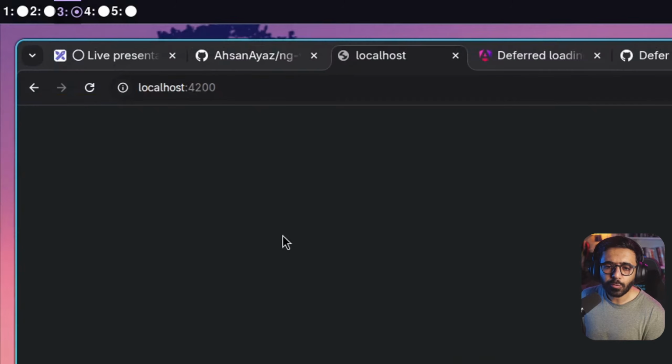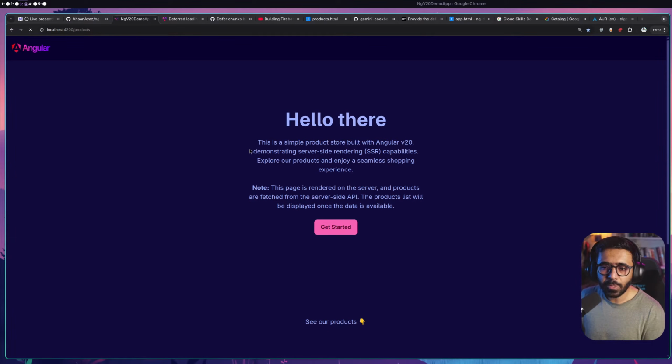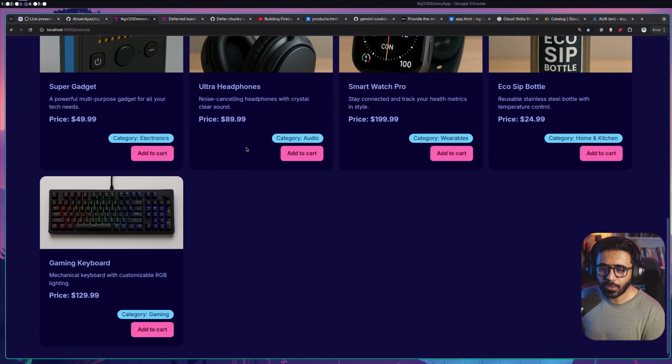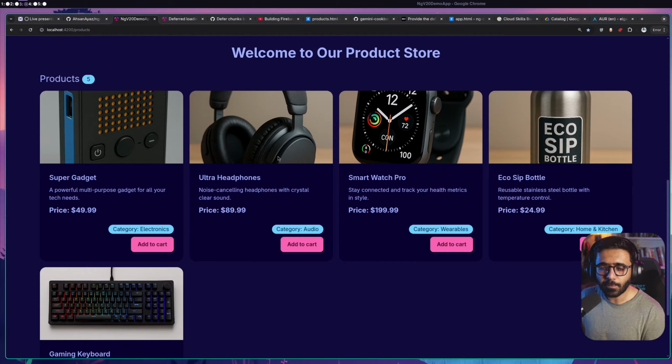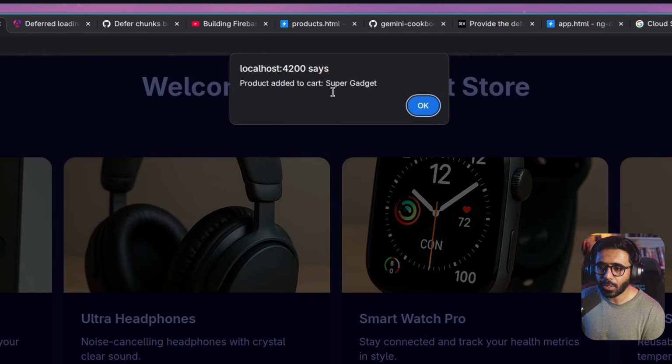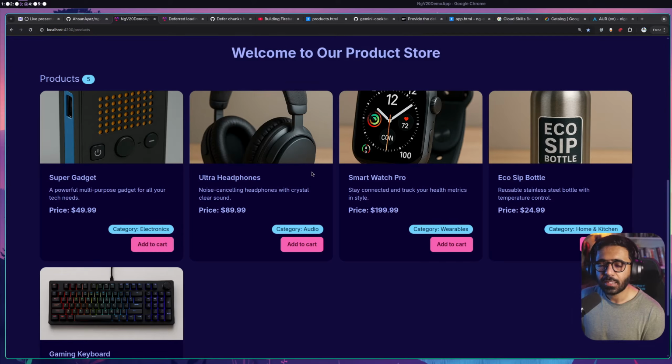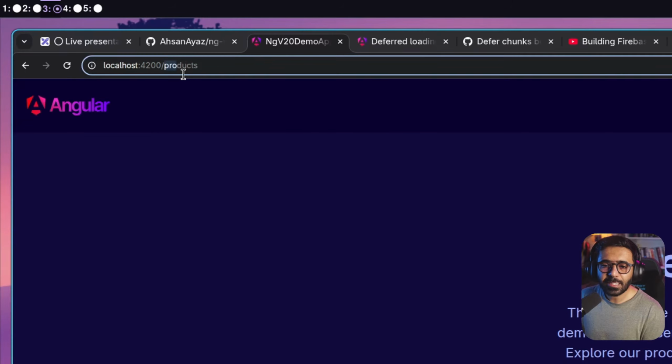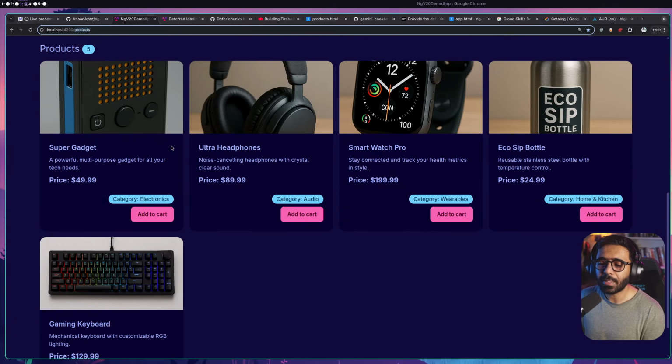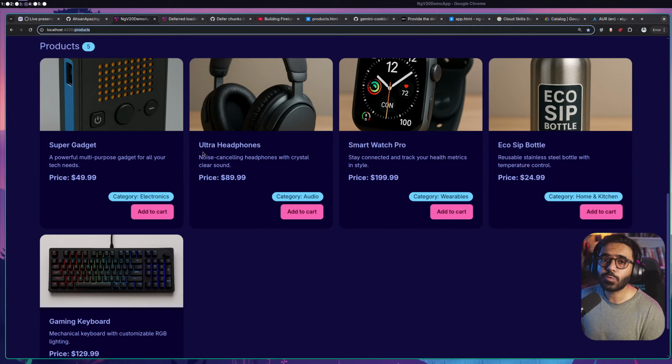So if I try to go to localhost:4200 now in my browser, you'll see that we are automatically redirected to the products page. And there you go, you can see that we are loading the component right now. If I scroll down, you'll see that we have a list of products. If I click a particular product and do add to cart, I can see the title up here. Seems good. However, only this page is being lazily loaded, but my component right here is really heavy,